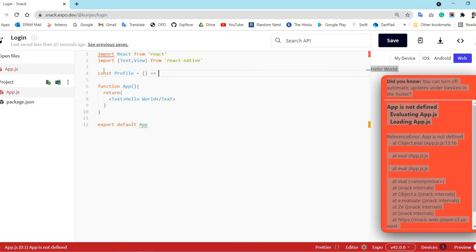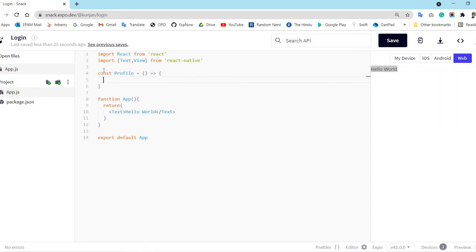It is the same as the function App. We have made one method, which is the Profile method, and let's return